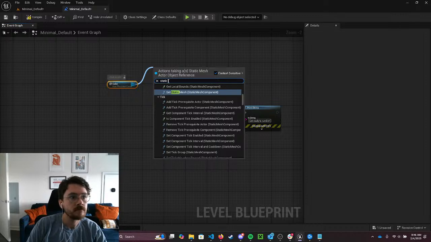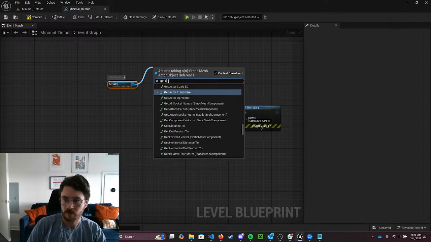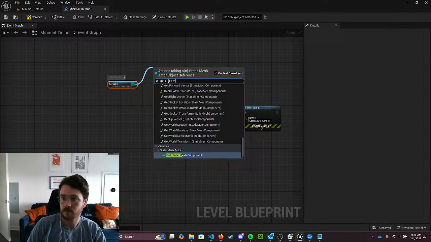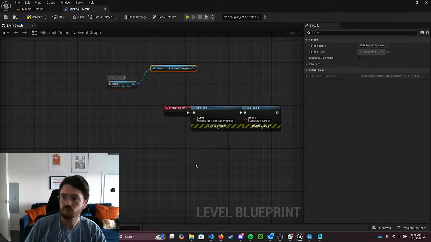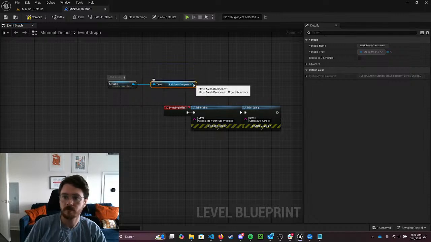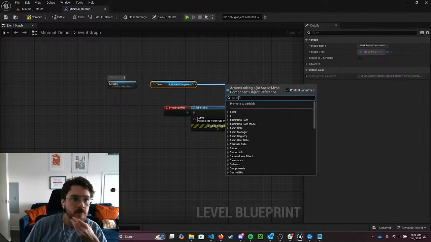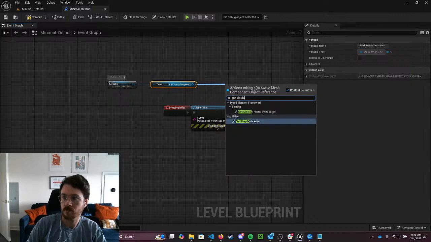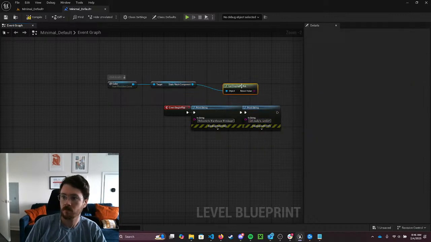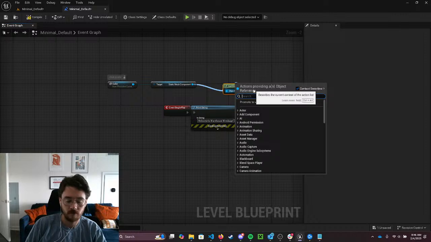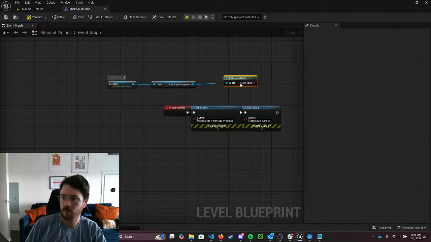So we'll look for get static mesh component, and the bottommost item for me is get static mesh component. I can click on that. We get a new node with the input being our cube reference and the output being a reference to its static mesh component. So if we drag off of that, then we can ask for the functionality of the static mesh component, such as get display name. And that gets us the input of the static mesh component reference, and it uses its functionality of get display